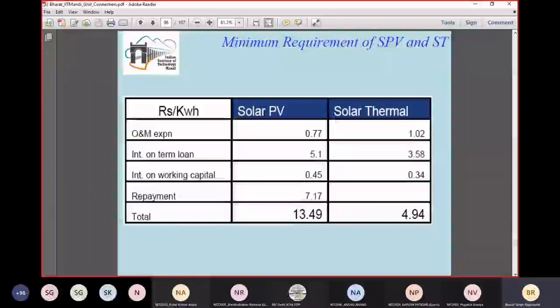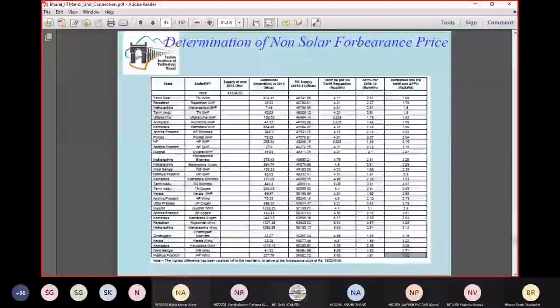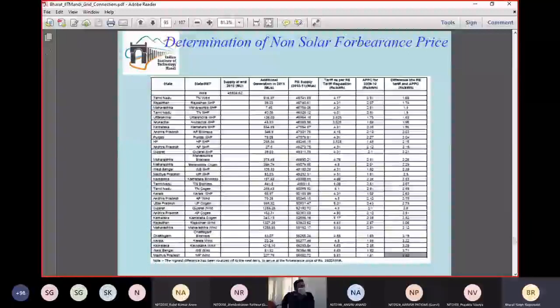Yes, this slide is now deciding on the forbearance price, from the previous slide. This is the last slide for this session. This is how we are able to identify a forbearance price. This table is once again arranged in a particular fashion. The most right-hand side column is the one in which this table is arranged in ascending order. The first column is the state. The second column is the renewable energy technology of that particular state.